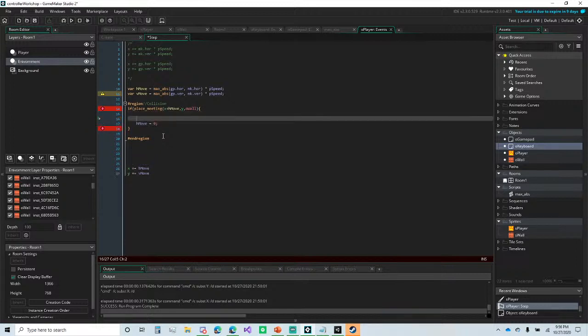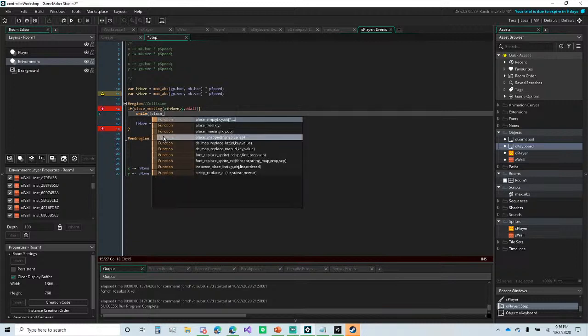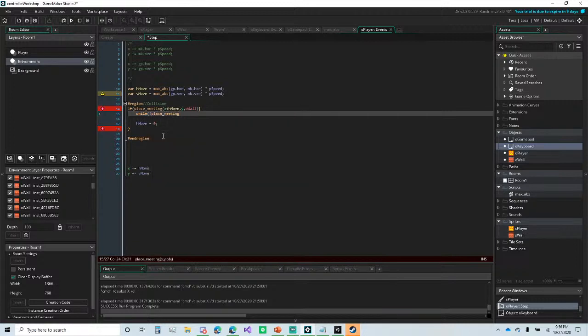But let's just say we are four pixels away, and that means the player technically can move forward, but if it moved the 5th pixel, it'll be in a collision zone. So that's why we got to make a quick while statement. So while there isn't a collision, so place_meeting, this is the not. While there isn't a collision going on, so not place_meeting, so there isn't a meeting happening, plus hmove